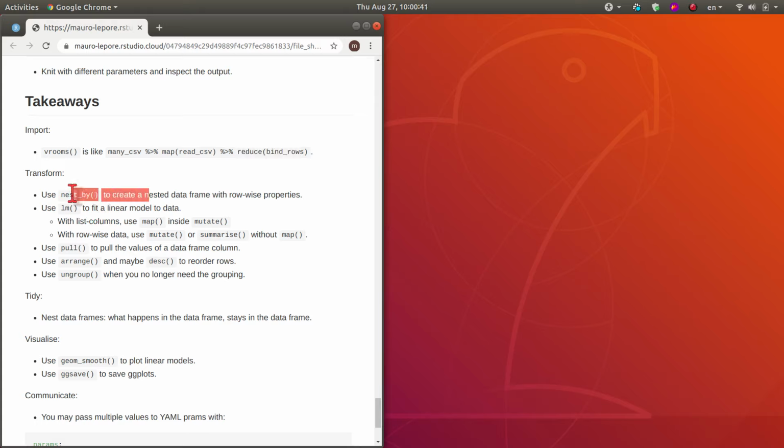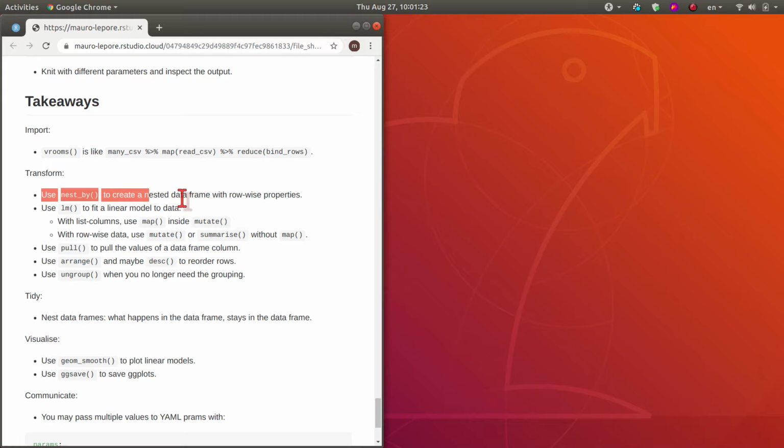We learned how to nest in two ways. Nest by is a way that produces a rowwise data frame that you can then combine with mutate and with summarise, using a syntax that is very succinct and allows you to solve this iteration problem, like for example applying LM models to many elements in your data all at once. For that you will also need across, and you can also do the same thing the list way, with mutate and calling map inside it. And then you can also use summarise at the end to extract some of the parameters of the models that